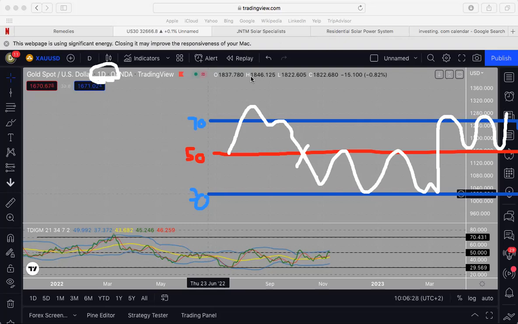Now, these points where they come back will simply mean level 1 drop, reset. Level 2 drop, reset. Level 3 drop. Peak formation, level 1 rise, reset at the 50. Level 2 rise, reset. Level 3 rise. So in an uptrend,